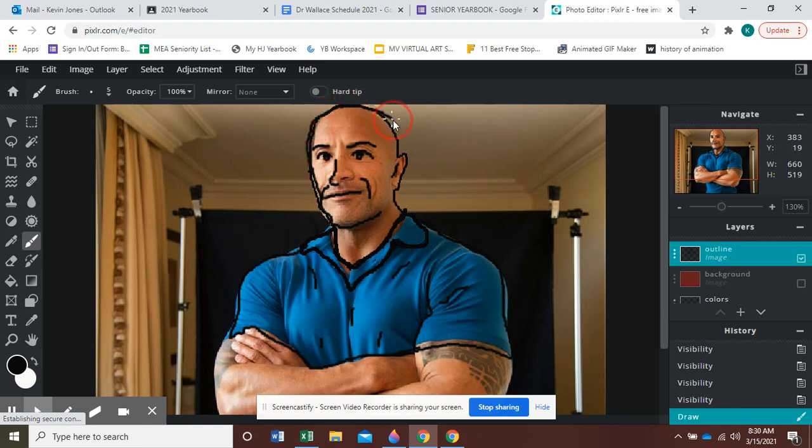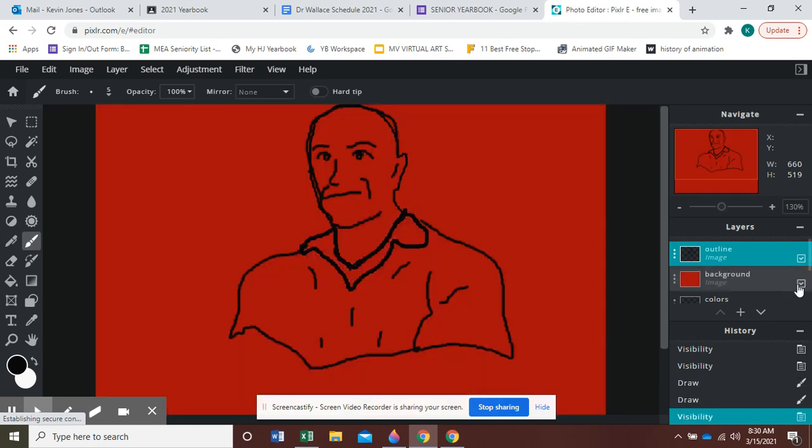All right, so I really hate the way I'm doing this outline on top of his head now because it's really sloppy, but I could go in and clean that up if I wanted to. I am trying to do this rather quickly, so I'm going to move my background layer below my color layer here because I want to start coloring things in. There are a couple options. If your outline turned out really well,